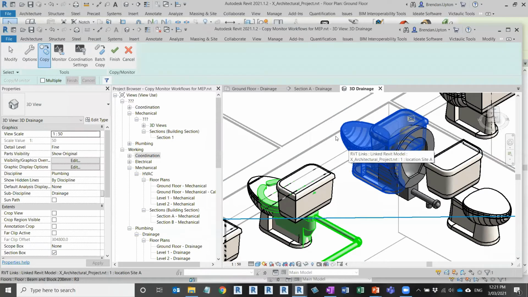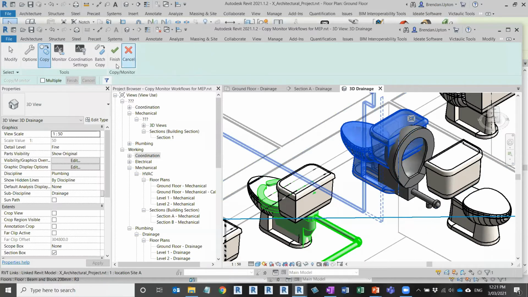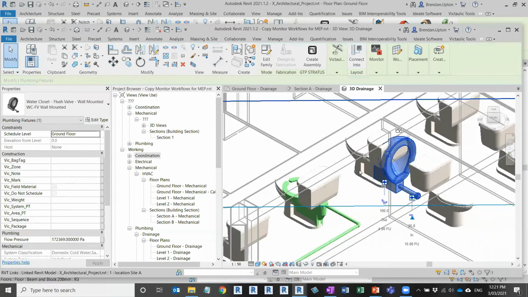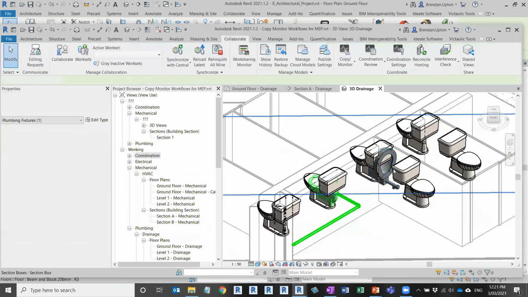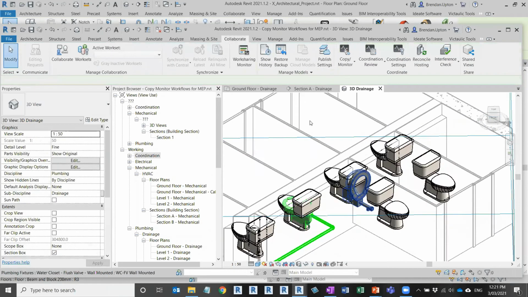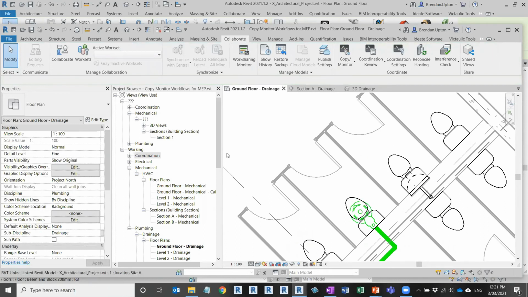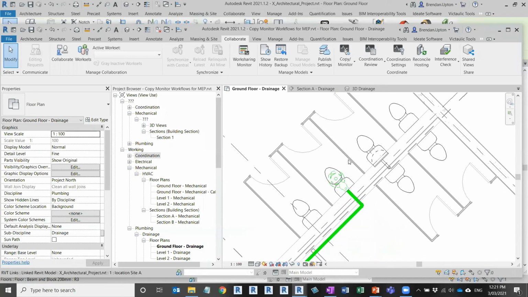All right. Let me cancel that. In fact, let me finish that so that one remains, just so we can see that one. Let me go back to the floor plan. If I jump back up to the Copy Monitor tool one more time,